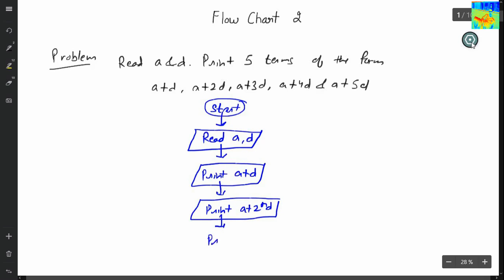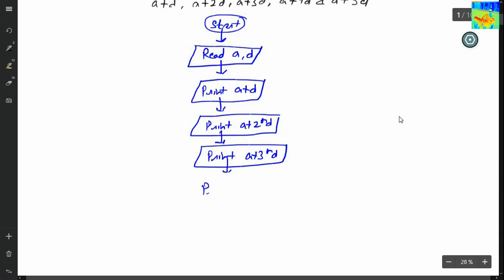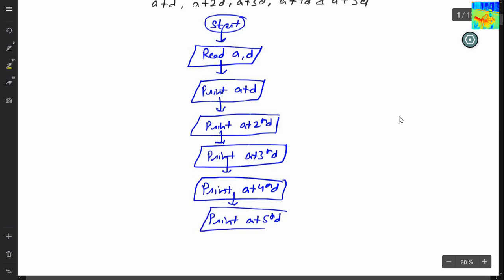Now I will print A plus 3D. Now I will print A plus 4D. And finally I will print my last term, which is A plus 5D. Now my work is over. I will end my program.